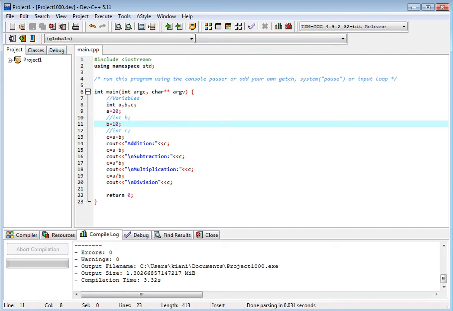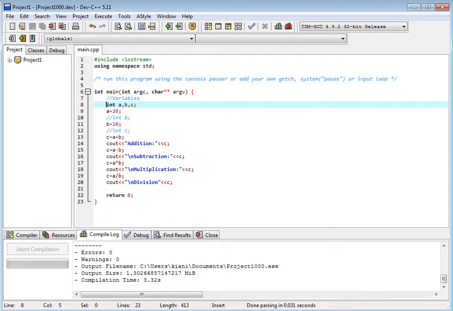Now this is how to assign the value, how to use operators, okay. Now I want to comment this, okay.